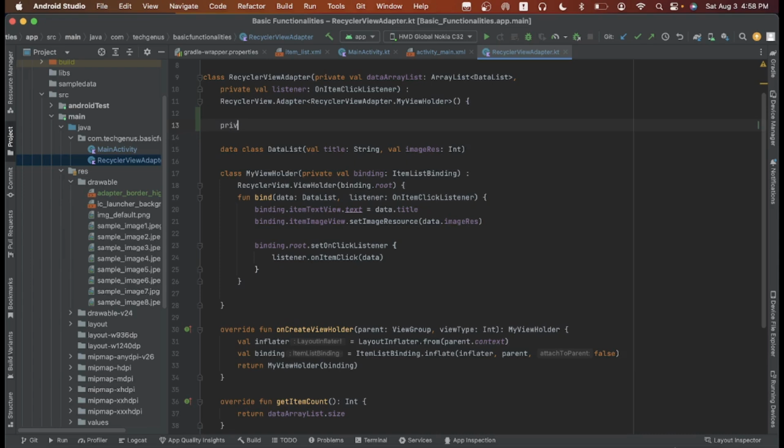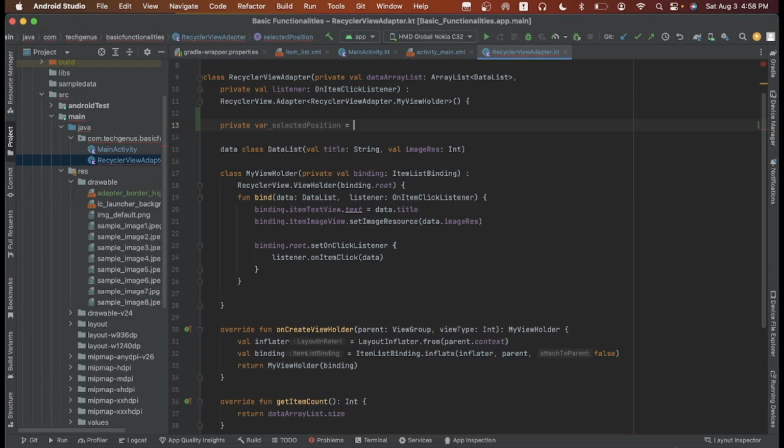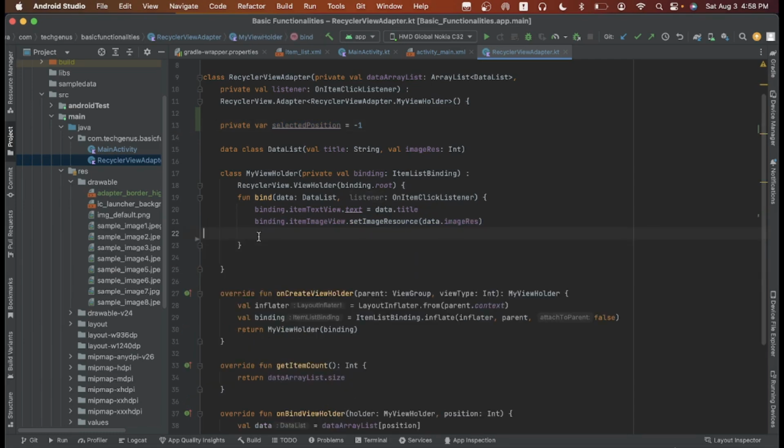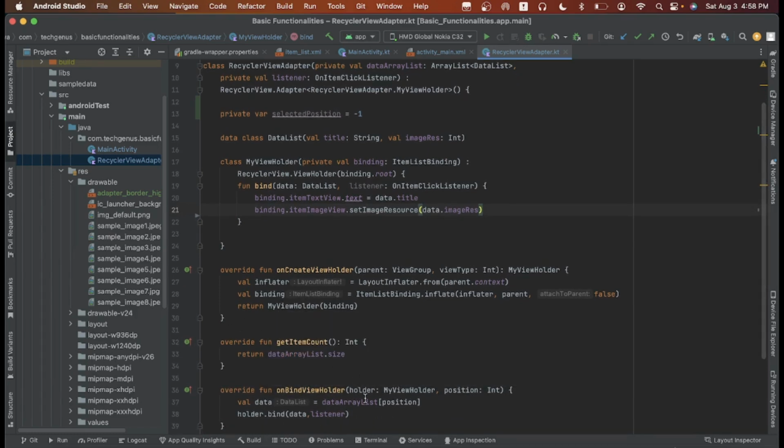Let's declare a private var selected position, also -1, which you can use later. We also need to cut this, and declare it in the onBindViewHolder.